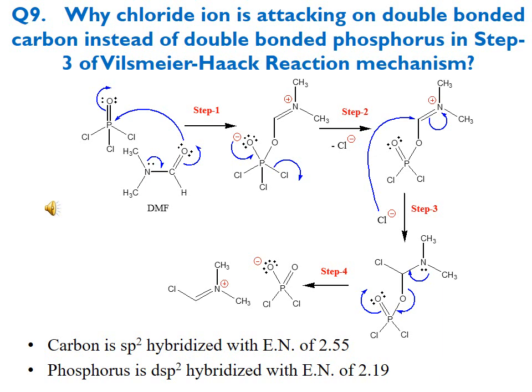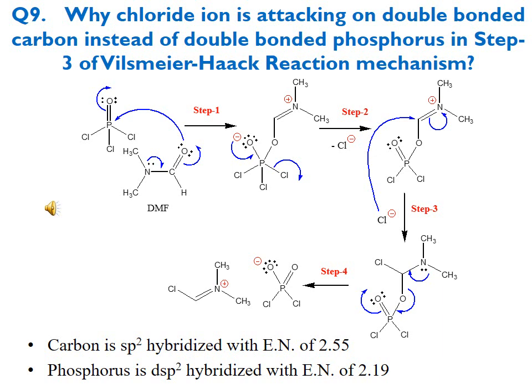The basic difference is the hybridization, because the carbon is sp2 hybridized and the phosphorus is dsp2 hybridized due to involvement of d orbital. Although phosphorus is attached to 4 electronegative atoms, 2 chloride and 2 oxygen, its electronegativity is low, 2.19, more electropositive than that of carbon. But in this hybridization, due to involvement of d orbital, there may be a decrease in the electrophilic character of phosphorus,